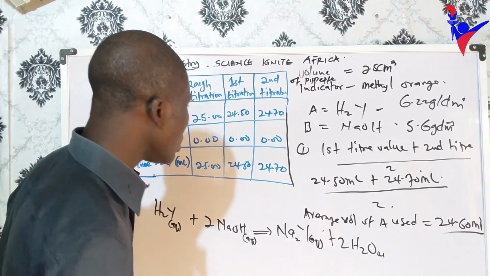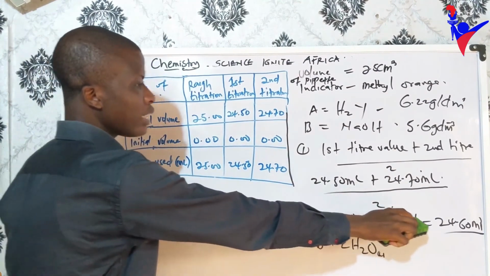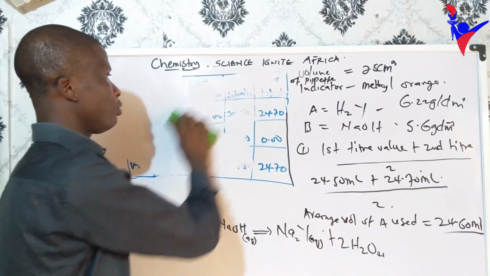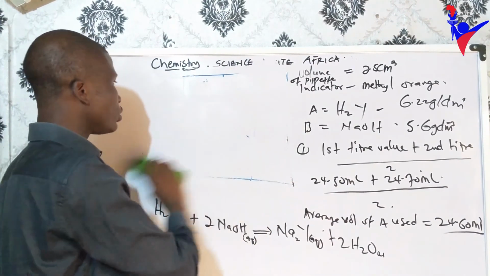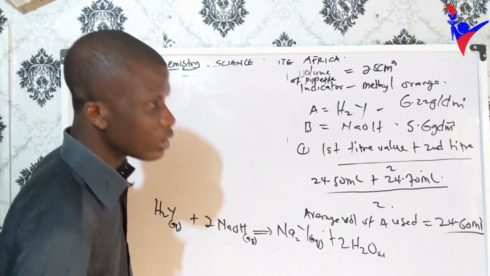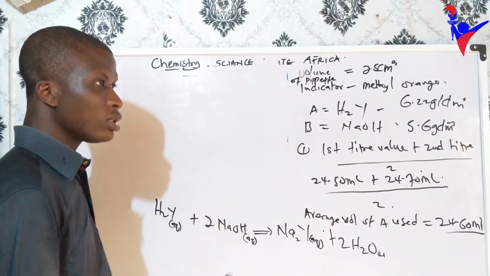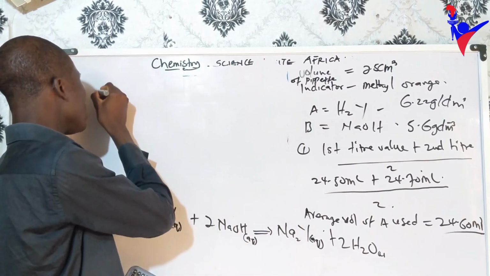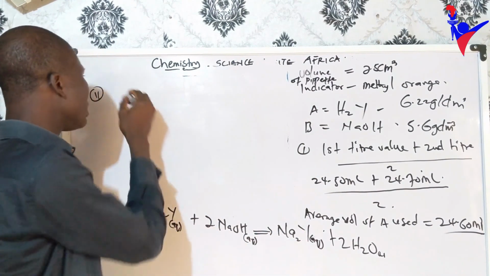Now we don't have anything to do with this table anymore, since what we needed there has been derived. So we can clean this, and you can use this part of the board to get the answers you are required to provide. Calculate the concentration of B in mole per dm cube. Concentration in mole per dm cube is going to be concentration